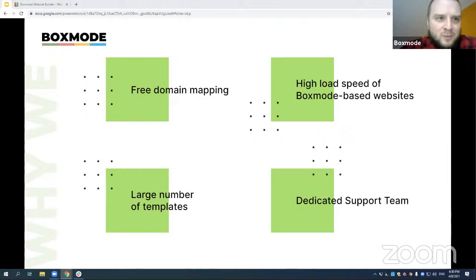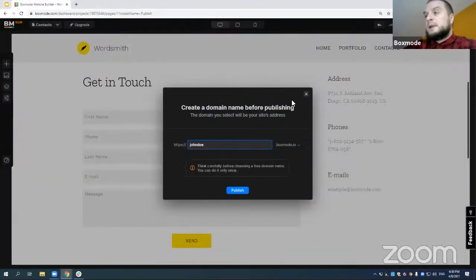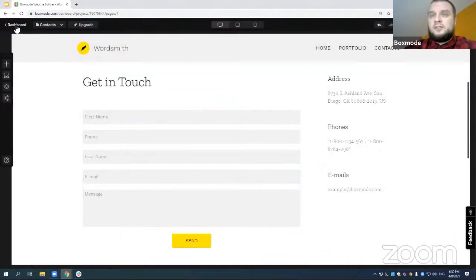A question from Alicia. Can I add a custom domain? Yes, you can add a custom domain. Well, first, as you might have noticed, the free Boxmode domains have boxmode.io extension. Yeah, by default, and it's a free domain. In case you wish to